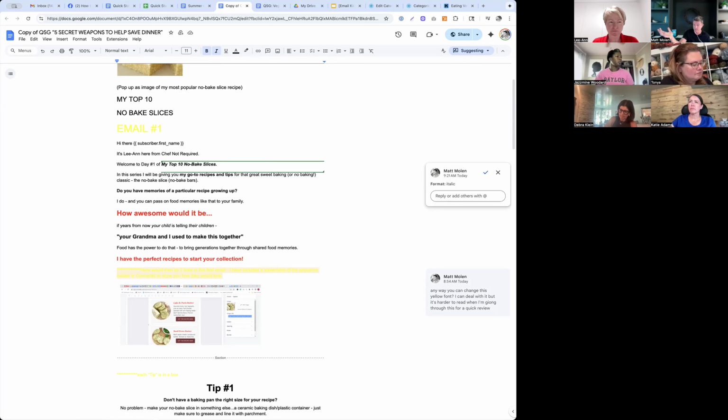But what you know about someone who bakes a pie is that they bake, and so they may be interested in other baking things that could solve the same problem. So in this case, I might do general no bake recipes, or I might do five days of foolproof, can't fail, never miss slice recipes, whatever.